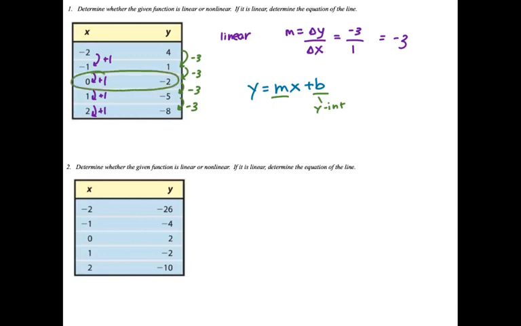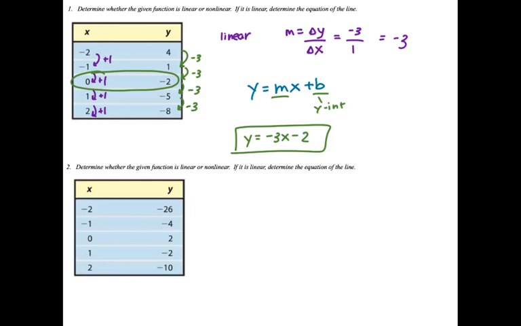So we actually are given the y-intercept here with our table. When x is 0, y is -2. So our y-intercept is -2. Our final equation then is y = -3x - 2. And this is linear. In the case of number 2, again, we're going to check to see if there is